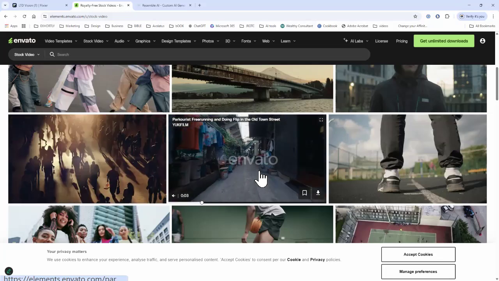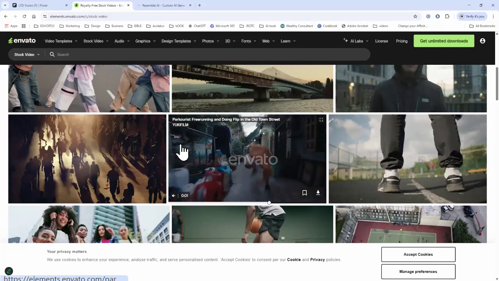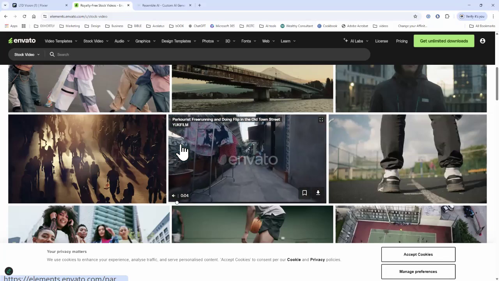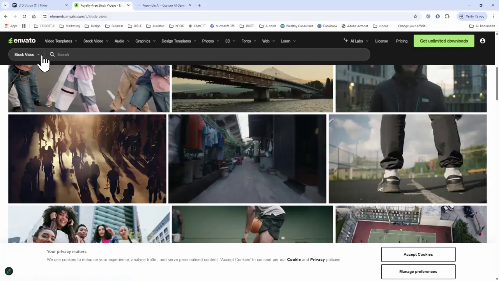Not only do they have stock video, but they also have music and that sort of thing that I could use the license for. So basically, you look through here and try to find the video you're looking for, or if you want the music, you can go to the music side of it, and you can just find